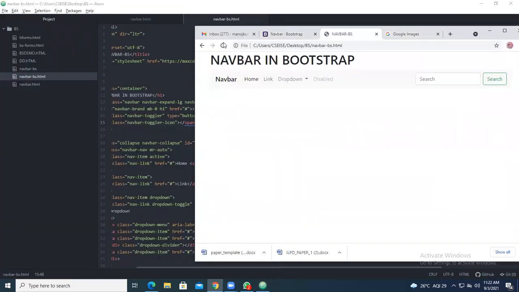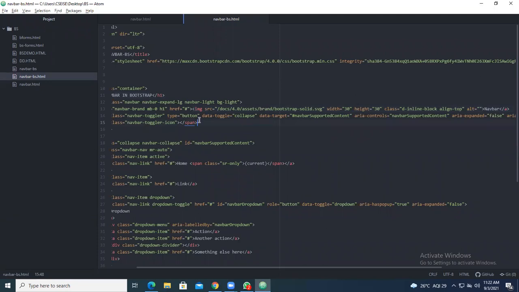So the web page is this one. You have got the image, but the image is not there, because it has been taken from docs like this. So you have to give https:// get bootstrap.com/